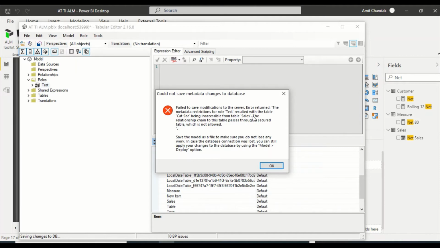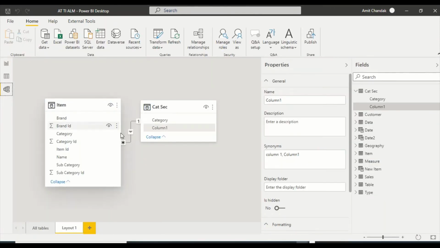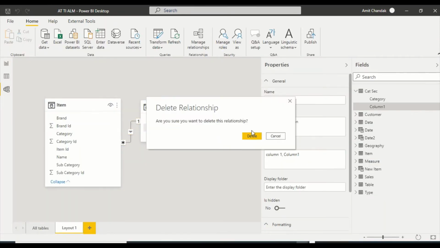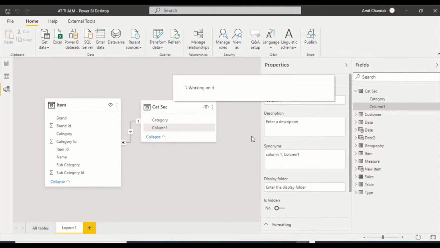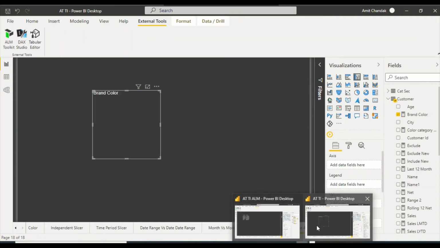Because right now I have this many to many relationship with this table which we have created for RLS, let me go ahead and delete this relationship and press OK. Let me save this. Now this is because of the caching in my file, but I think the relationship is dropped.